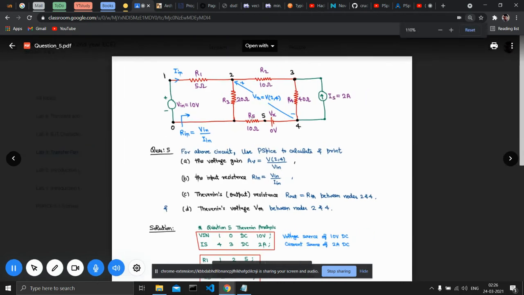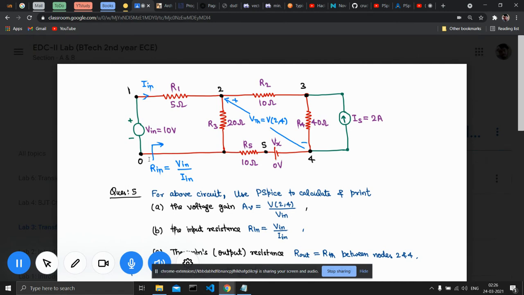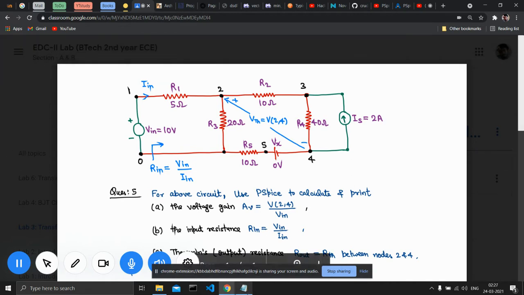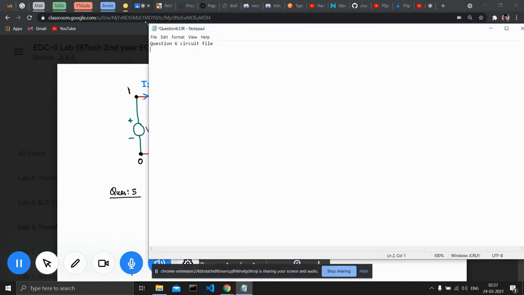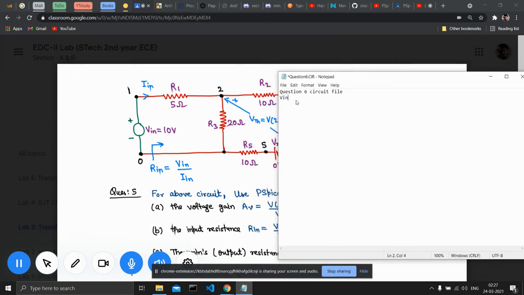Okay, so now we want to draw this circuit. We'll start with the input voltage, and you have to name the nodes, like here it's 0, 1, 2, 3, 4. So we'll name the nodes. Now we'll start with the input voltage. It's Vin, so I'll write Vin. You can start any voltage name with V, capital or small. The .cir file is not case sensitive. You can give uppercase or lowercase, anything.